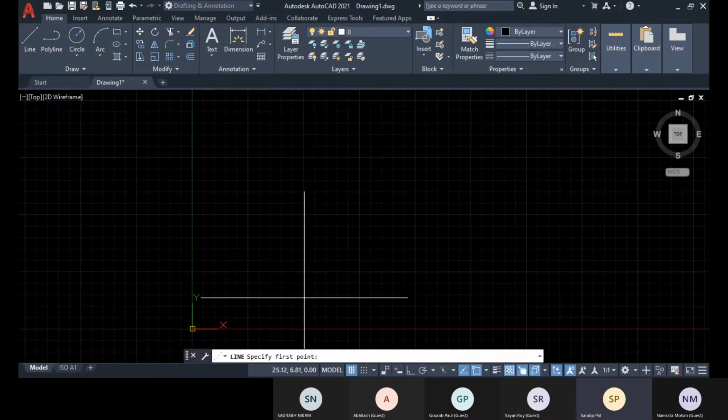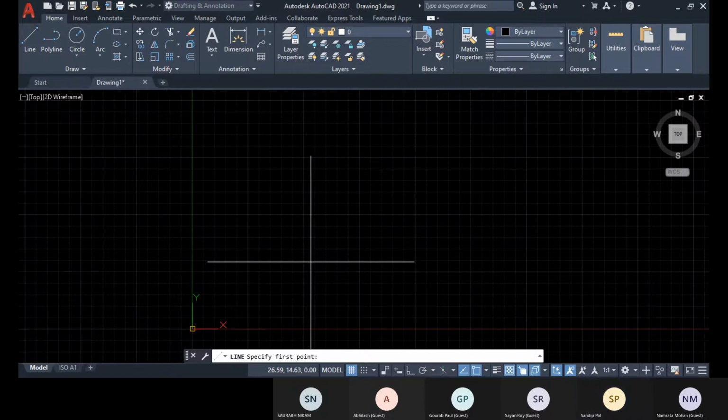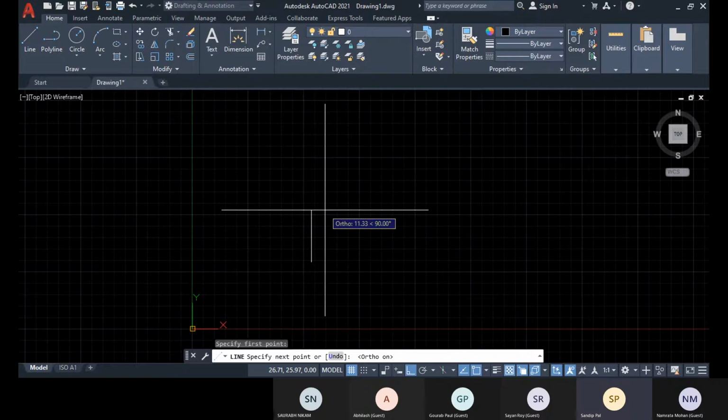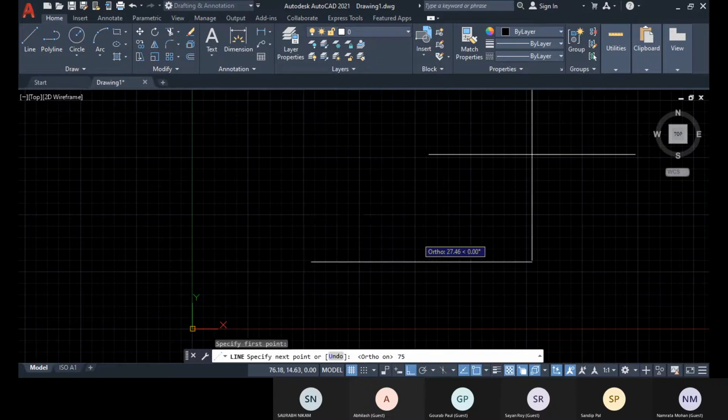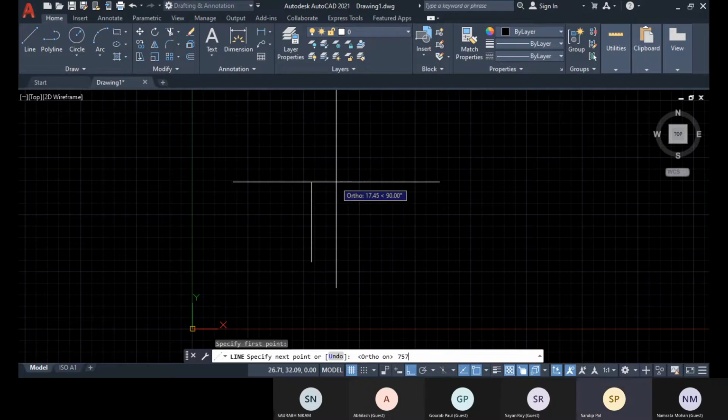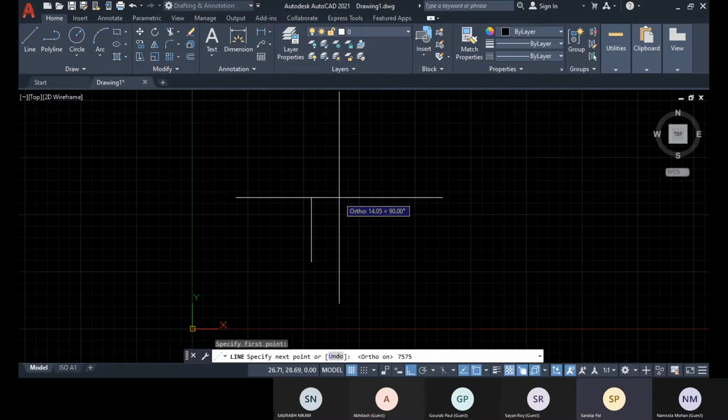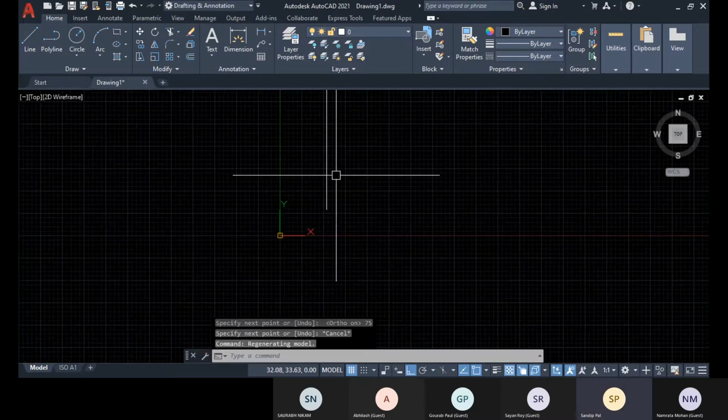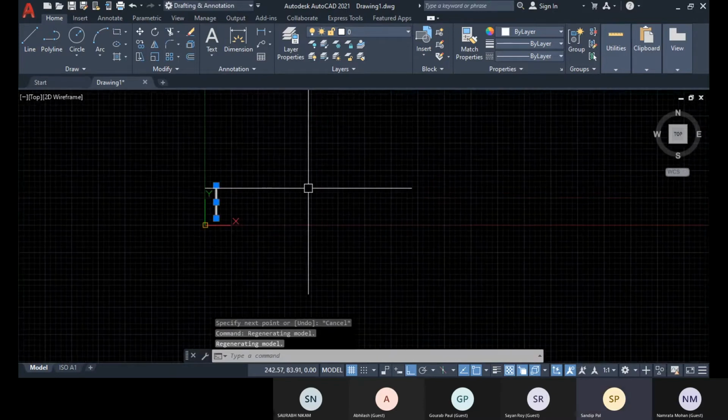So for that, let's go with this vertical option. So let's create with, let's specify 75 value. Okay, and I will make one copy